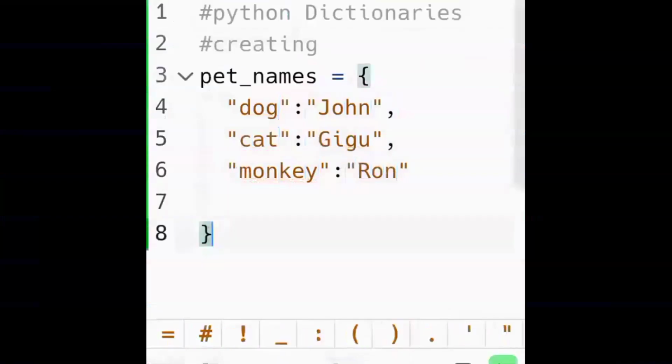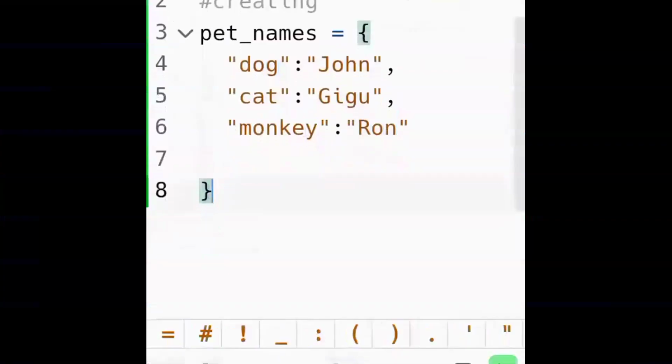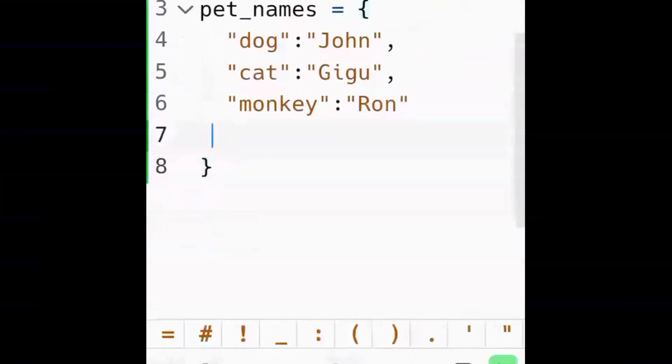After this, I want to print out this dictionary. So what do I say? print(pet_names). That's it, just like you do for lists and tuples. Remember the main difference: one is curly braces, the other is key-value pairs. Each item is in the form of a key-value pair, and each item is separated by commas, of course. Then let's just print it out. Here I'm giving a simple example so that you can follow better.